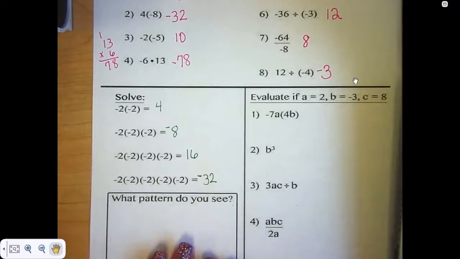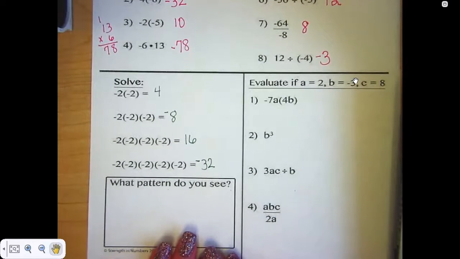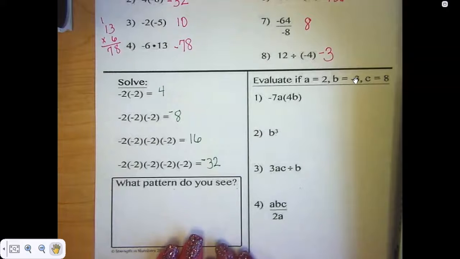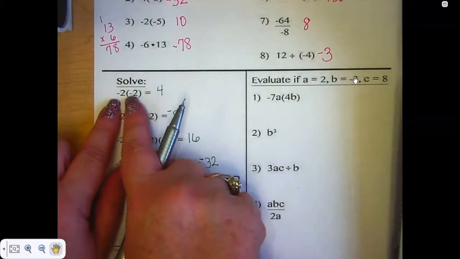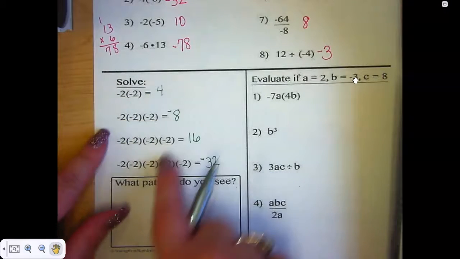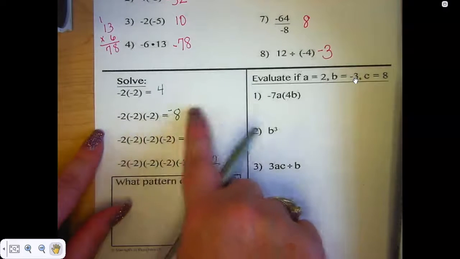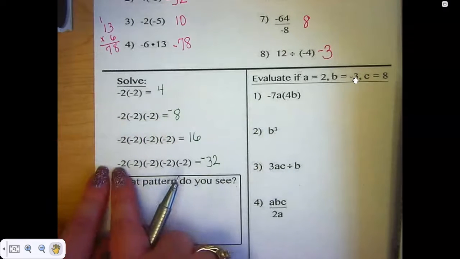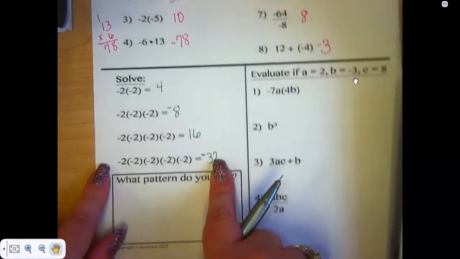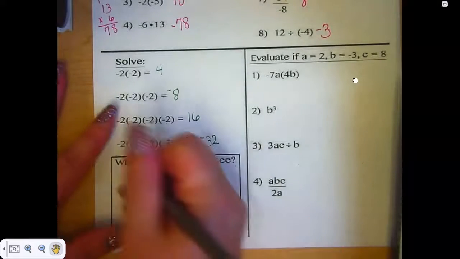All right, I want you to look at that and see if you see a pattern with the positives and the negatives. Oh, what do you think, Chandler? Yeah, so an even number, right? Exactly right. So if there's an even number, I have 2, it's positive. I have 1, 2, 3, 4, it is positive. I have 3, it's negative. I have 5, it is negative. So the pattern that we see is